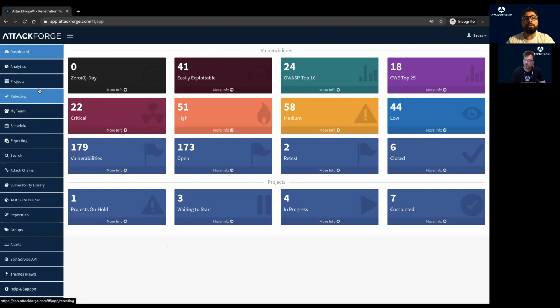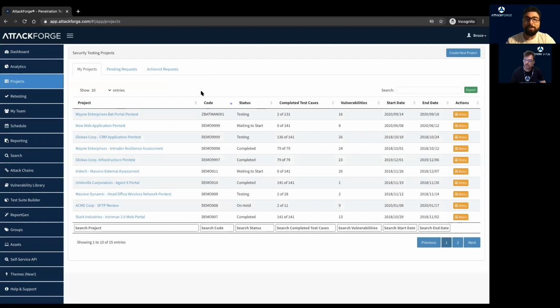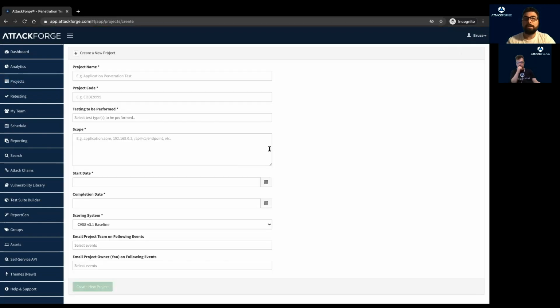So first thing to do is to click on Projects button in the navigation menu. Here we can see a list of all of the projects that we have access to or have previously created. To set up a new project, we're going to click on the button in the top corner here, Create New Project. Now we have a form to fill in, which will relate to this new web application pen test for